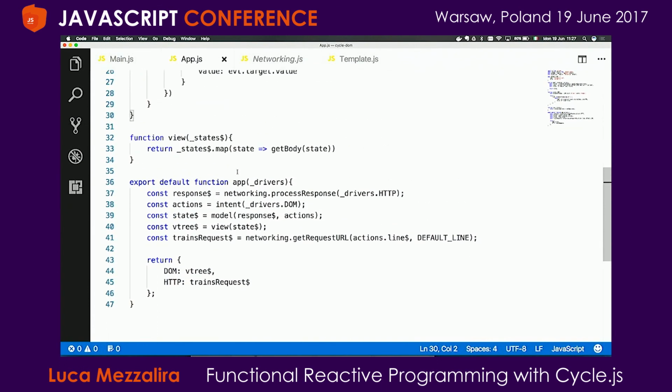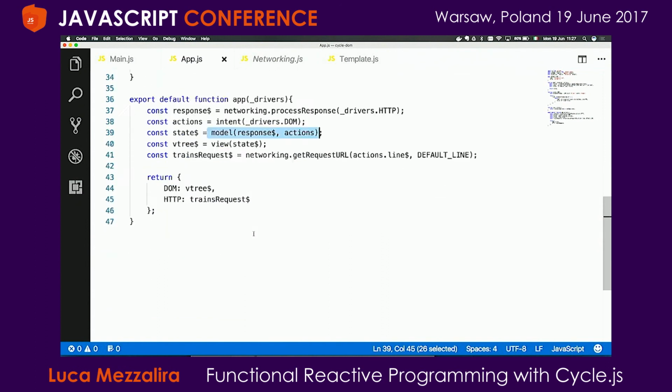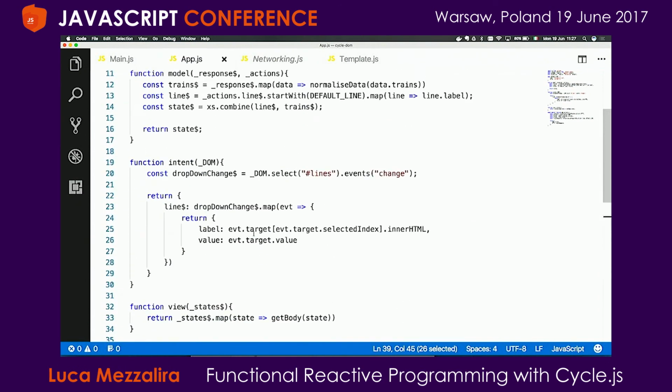Okay, so when I receive the response, I prepare the state through the model at this level. I have a response, and I know if there is any action for the user. You remember that I got the drop down that I can potentially use. If nothing happened, the model should return what? The state of my stuff.